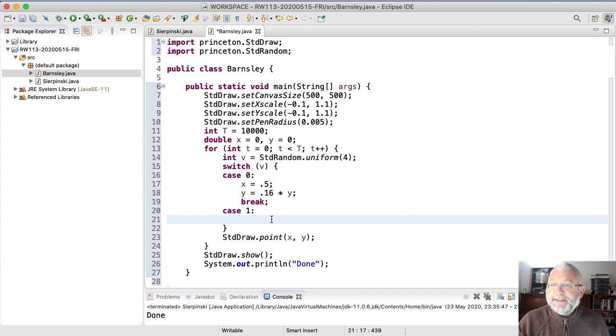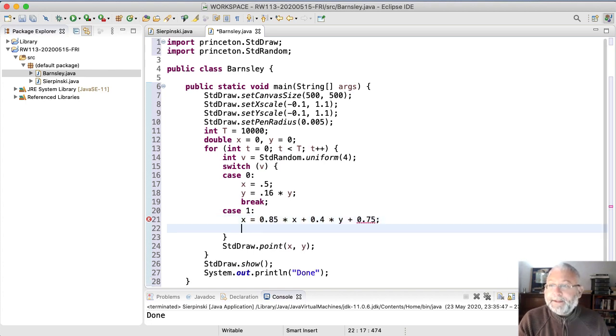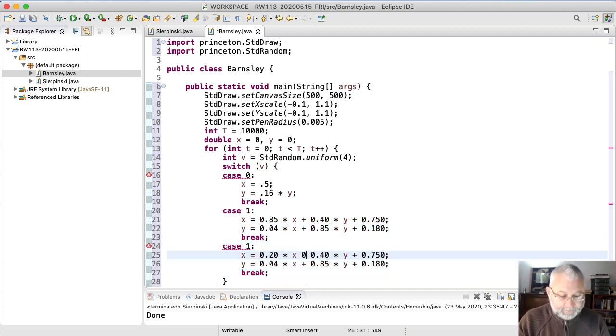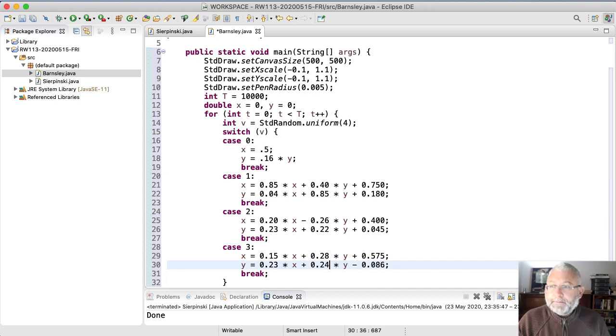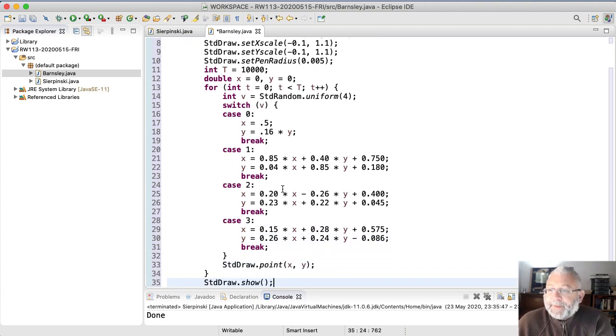And then we break, and then there is also a case 1, the second case. I'm just going to put it on the side, and this time it's x equals 0.85 times x. I'm going to fill in all these transformations and speed up the video a little bit. Right. So I have filled in all the code for the 4 cases,